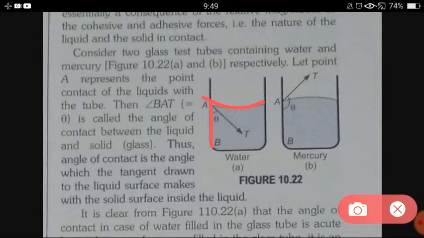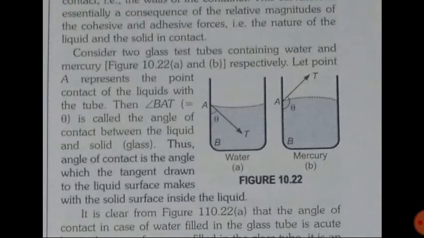The side where the liquid is there, that side wall makes the angle of contact with the surface, not the outside one. That is wrong. Inside only we have our angle of contact. So here you can see that two different surfaces are there. In case of figure A, if we draw one tangent, one line coming out from point A,